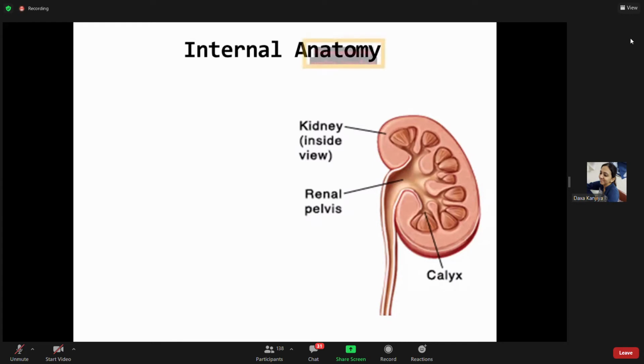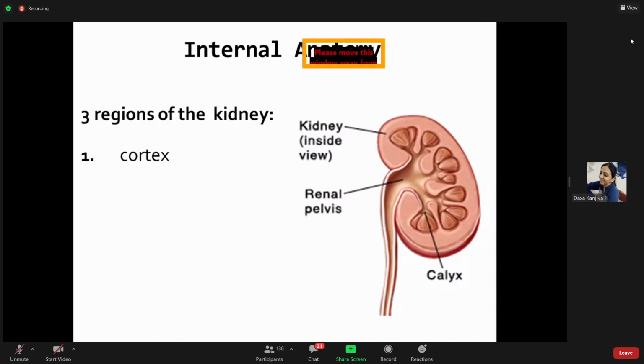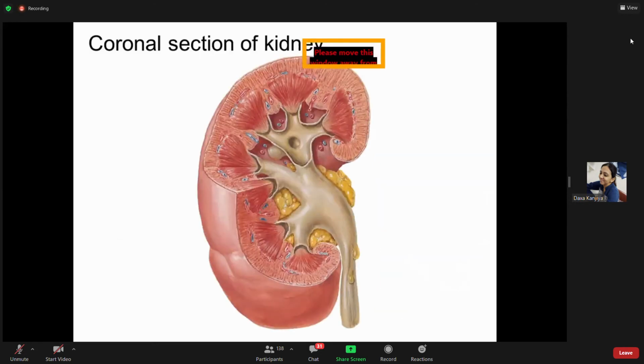So internal anatomy, that detail you will learn in the next lecture. But just let me tell you, the internal structure is divided into 3 regions: outer cortex, inner medulla, and the area surrounding the renal pelvis, that is renal sinus. See, this is the coronal section of the kidney. When you cut the kidney coronally,